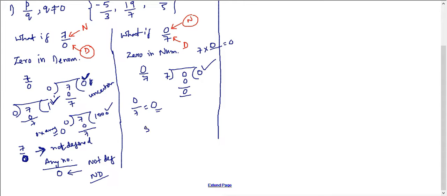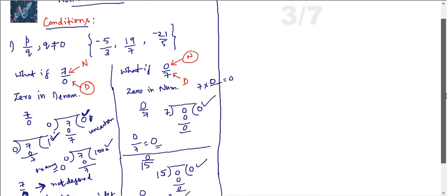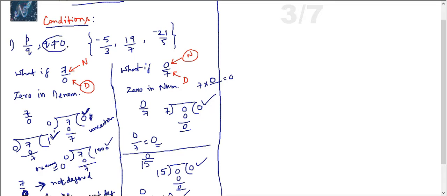Say for instance, 0 by 5 is another question I am taking. 5 outside, 0 inside. Not only 5, you can take 15 if you want. 15 zeros are 0. What is my quotient? Every time 0 only. So, 0 in the numerator with any number in the denominator will be 0. That is the reason. Now, how is it relevant to our aspect of seeing these rational numbers? Q should not be 0. What do I mean by that?